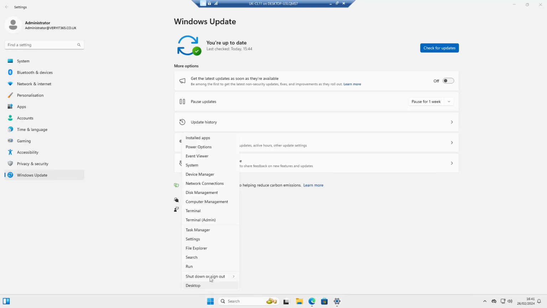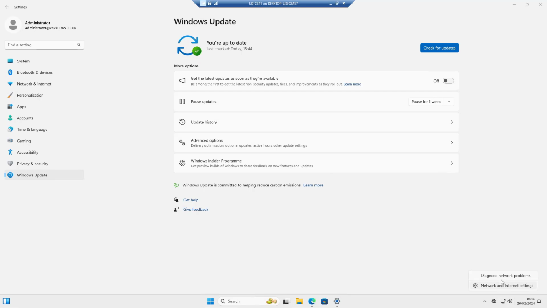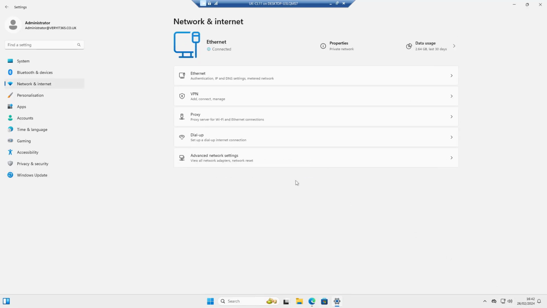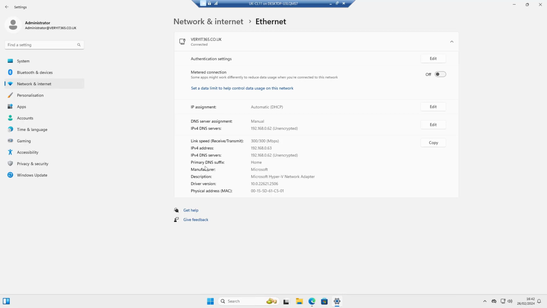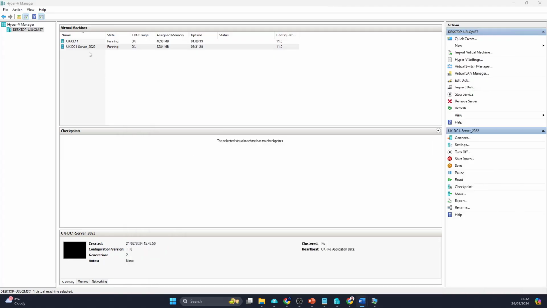And also, if we go over to our network and settings, Ethernet, we can see that it's pointing to our DNS 192.1. If we go to here, it's pointing to 192.168.0.62. If we were to go over to our Server 2022